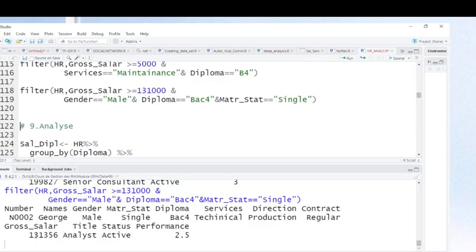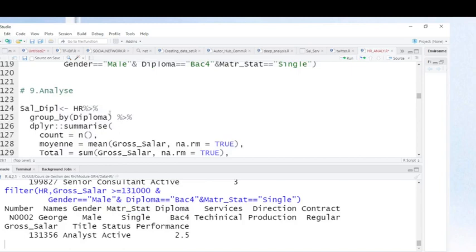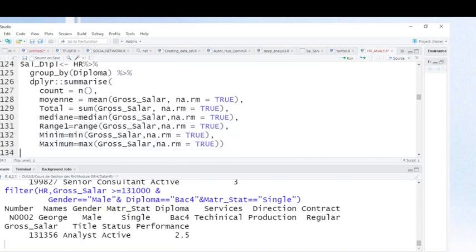You see I have one. This is the gross salary and this is the diploma you want, and also you see matrimonial status is single. You see you can just combine many criteria and you can get results. Now you can combine many criteria if you want to